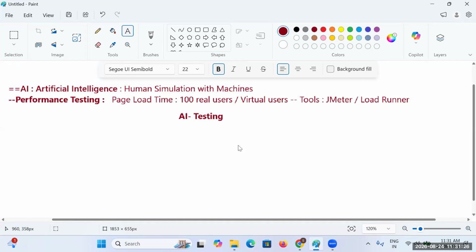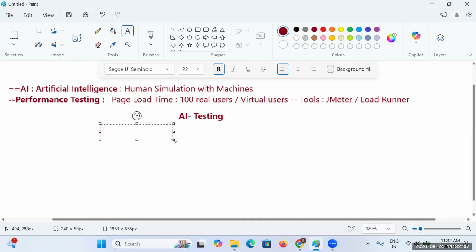It's mandatory that your profile should be manual, automation, and AI: manual testing, automation testing, AI testing. These three are mandatory here. Then you can expect an interview call, and whether you get the job or not is secondary. But in the current market, it's mandatory that you go with these three combinations: manual, then automation, then AI.